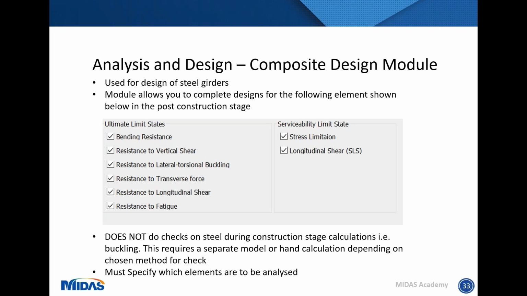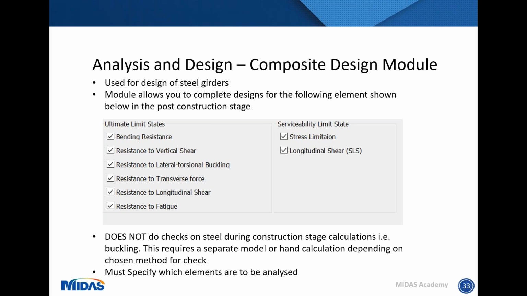So in here, I've ticked off everything, which includes bending resistance, the vertical shear checks, as well as the two combinations shown on the right-hand side for the stress limitation and the longitudinal shear. There's separate checks that you would need to do for connections which are welded. So this is mainly if you're looking at your flange and your web. So that was done as a hand calculation. And similarly, where you have a splice, you would need to do this outside the software.